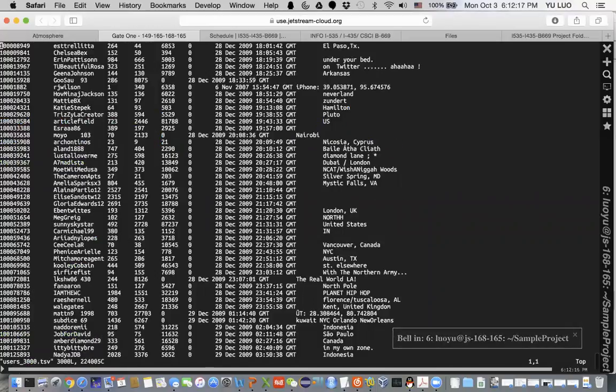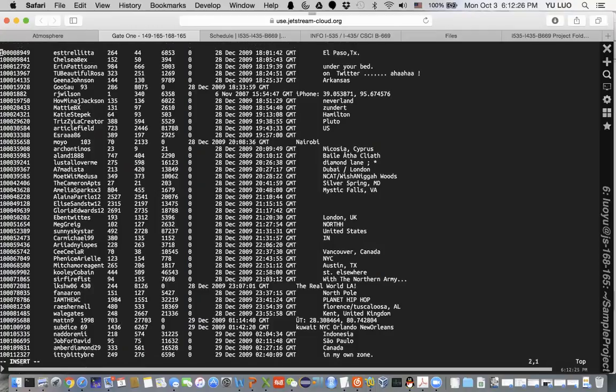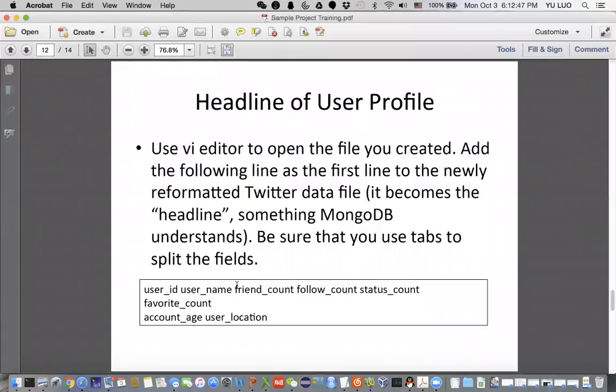Then you press I on your keyboard to enter the insert mode. When you press I, you will see the insert symbol there, which means you are already in insert mode. Then go to the first line and type in the fields in this first line, split by tab. First the user ID, then tab, then the user's name, tab, and then the 6 fields: friend count, follow count,